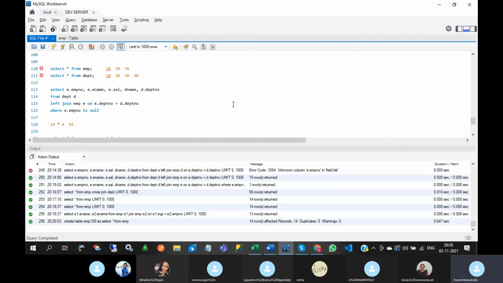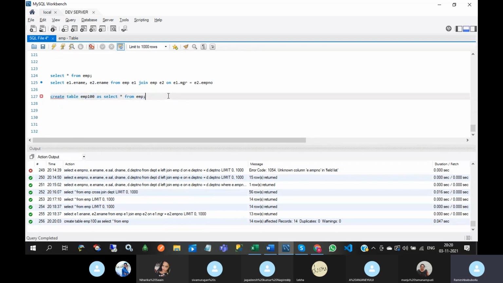So one table I have created, that is EMP100. I don't want to disturb the existing table, that's why I am creating another table which is a replica of the EMP table.